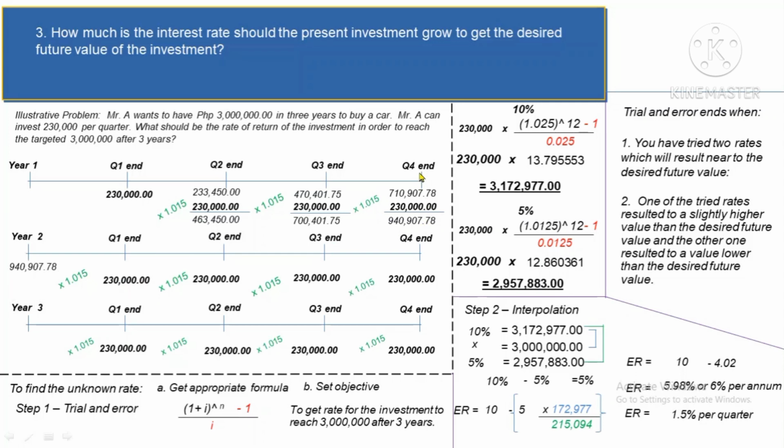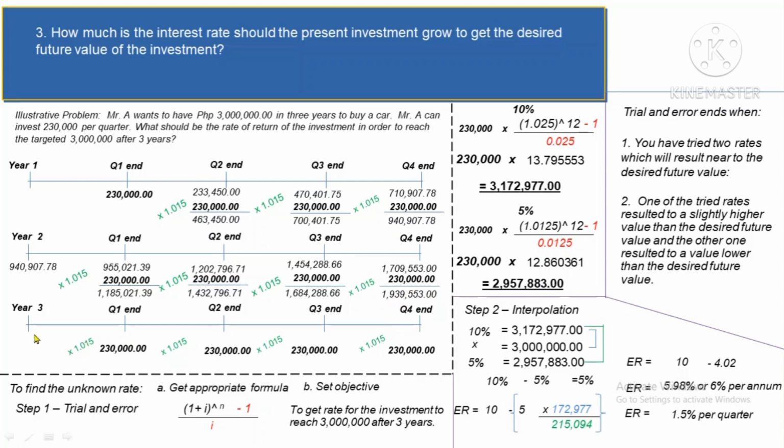the 940,907.78, that's the end of year 1, will become the beginning of the year 2 times 1.015, you're gonna get 955,021.39 plus 230,000, that's 1,185,021.39 times 1.015, 1,202,796.71 plus 230,000, we have 1,432,796.71, and then again multiply it with 1.015, we have 1.54 plus 230,000, we have 1,684,288.66. You continue multiplying, and then you're gonna get at the end of the second year